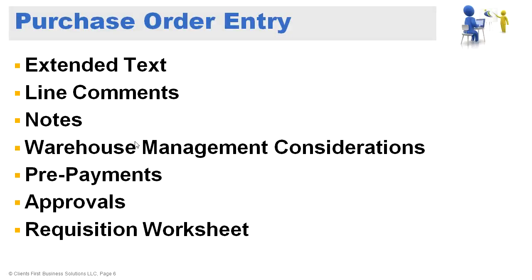If we utilize warehouse management functionality, when the product is received, we will create a warehouse receipt advice where the product will need to be put away into a specific bin, either system or user directed, and the receipt will be registered. If we are not using warehouse management, a receiver can simply be posted directly against the purchase order document. If we are required to prepay this vendor,